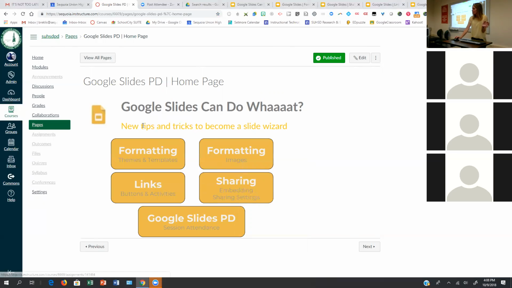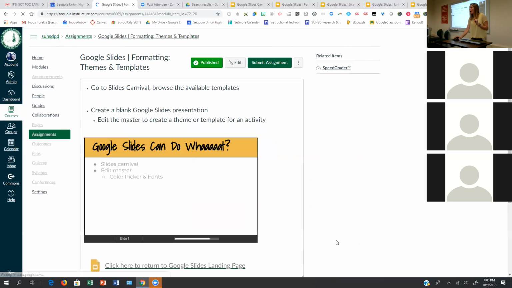So even though this is just on Google, we're doing a little smidgen of Canvas thrown in for good measure. So I'm just going to click on formatting. You could also just click next here. That's the other bonus of having a module. I lied, I click next instead. There's that little next and previous button, and so you can take students through the content of your course sequentially.